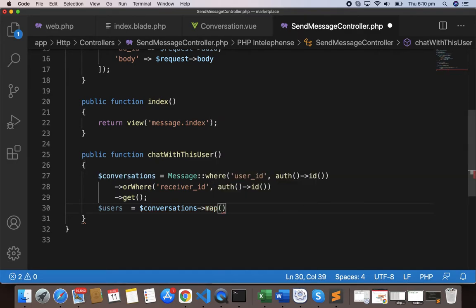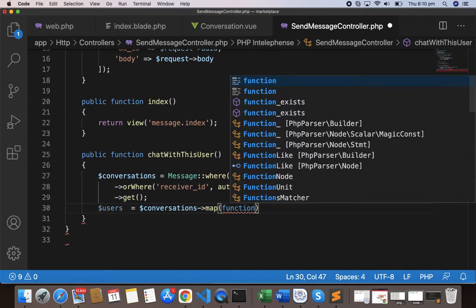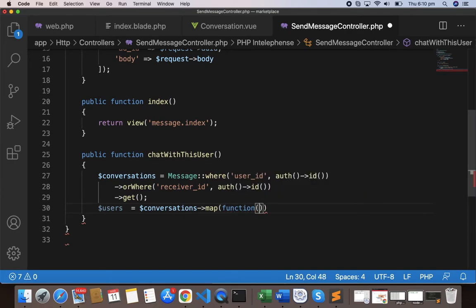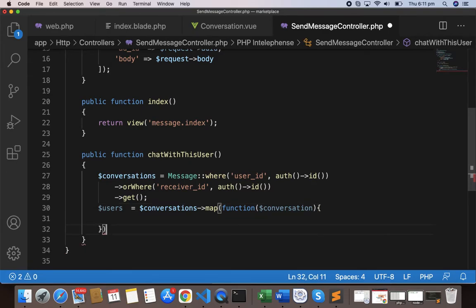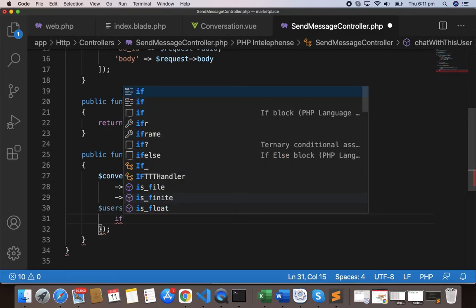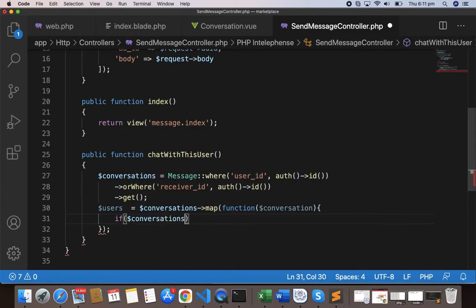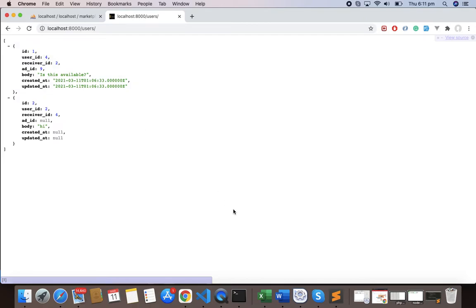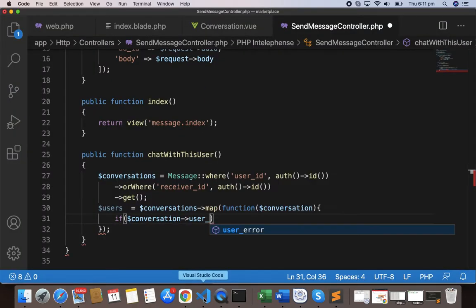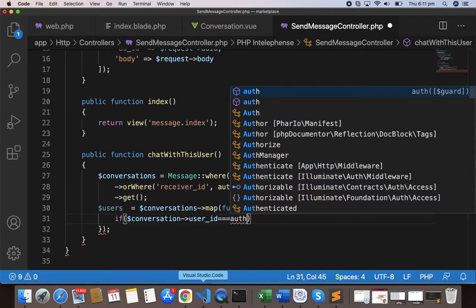So I'll get each and every item from here, and I'll write a function, and let's pass here conversation, and this will be the callback. Here I'll compare if this conversation, and in the conversation we do have a user_id, if that equals the auth ID,